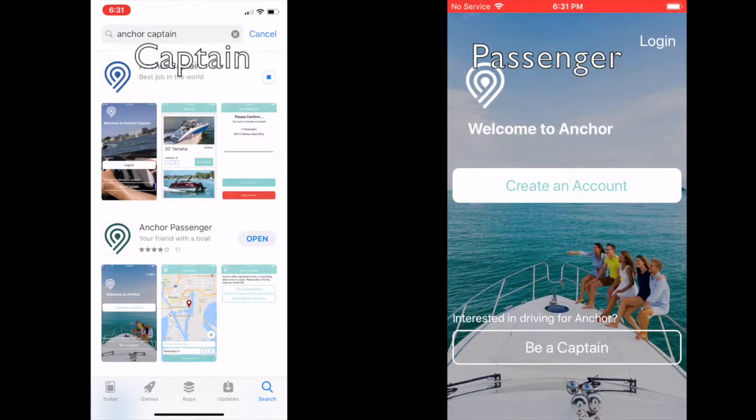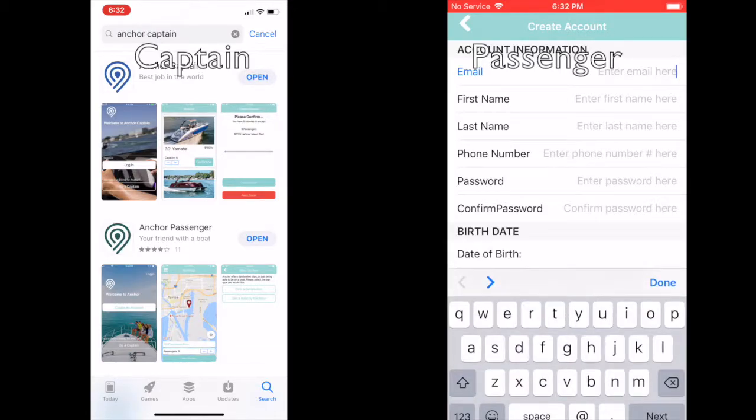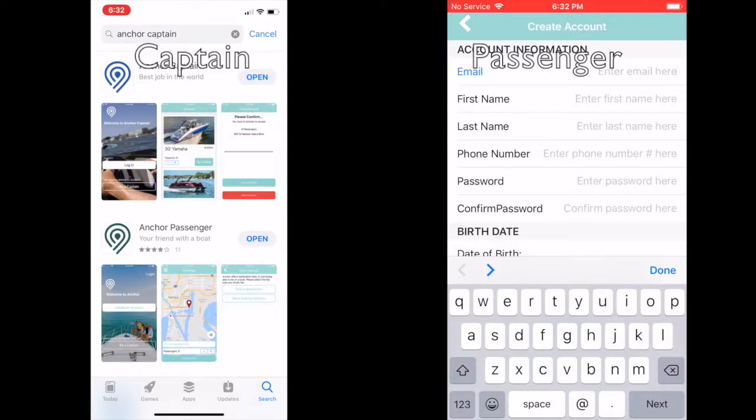While that's downloading, let's switch over to the other screen, and I'm going to show you how to create an account on the Anchor Passenger app, just in case you have some folks who are like, I don't know how to use it, and you can troubleshoot them yourself because you've seen how to do this. Very easy. So first I have to enter in an email. I'm going to say test